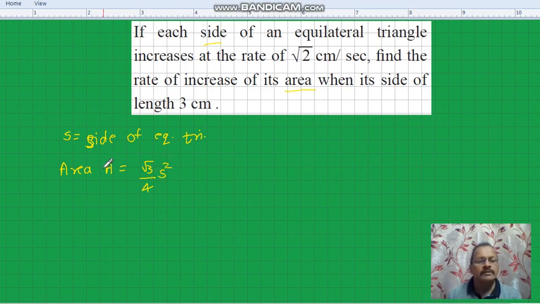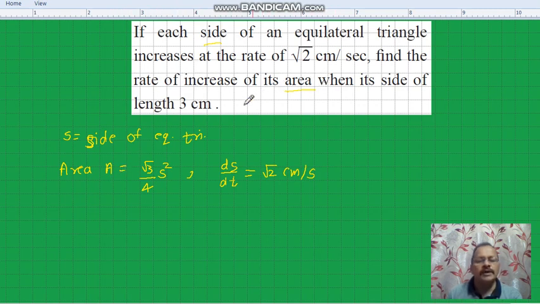This is the formula we have. Also, we are given that the side is increasing at the rate √2 centimeter per second. That means ds by dt is given as √2 centimeter per second,